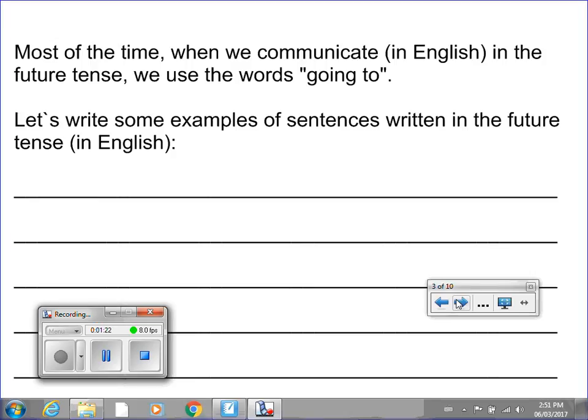And make sure that the sentences use the words going to. Please put the video on pause now. All right, and I'll invite you to share the examples which you have written down in tomorrow's class. But for now,